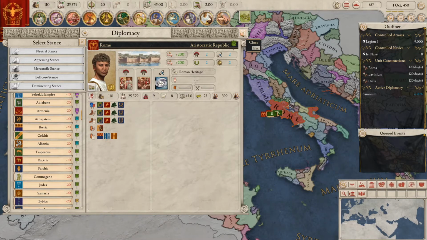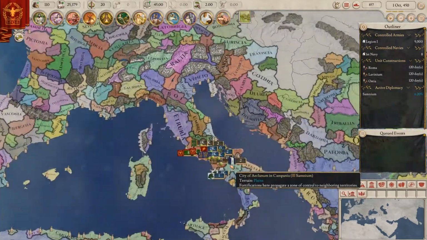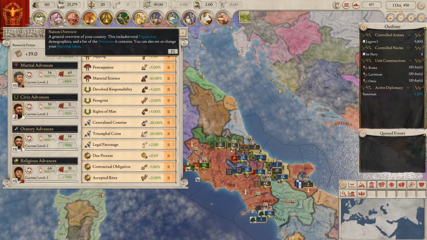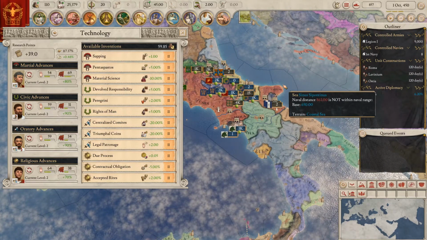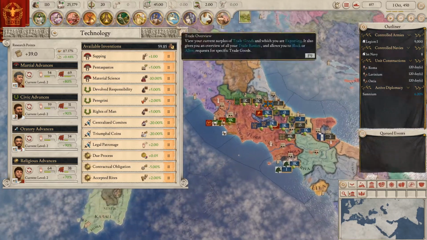Now Rome does start out with 4 subjects, but in my opinion they're very helpful in the beginning, especially when you're at war with these smaller nations around you. I wouldn't bother touching that. I would leave that alone until you have enough to maybe do the commerce one, but even then, the decreased war score cost is actually really going to help you when you're trying to aggressively expand as Rome, because as you see, in terms of all the major